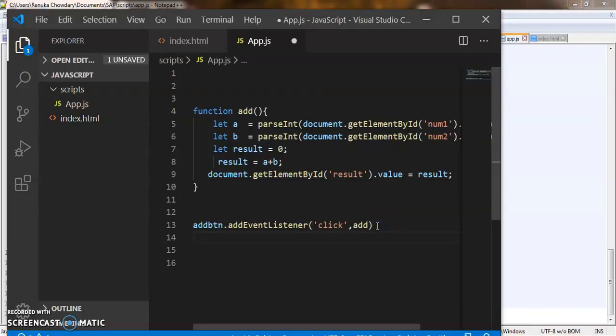Similarly, we create the event listeners for the other buttons as well. Just copy, paste, paste.